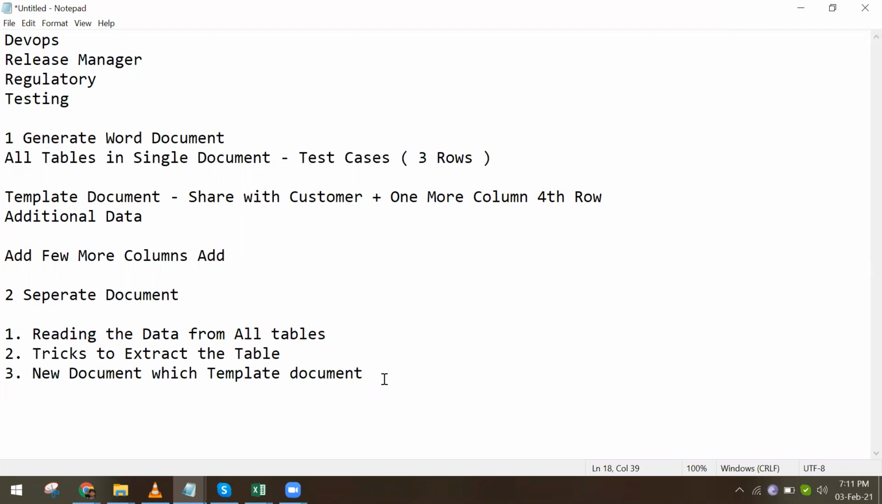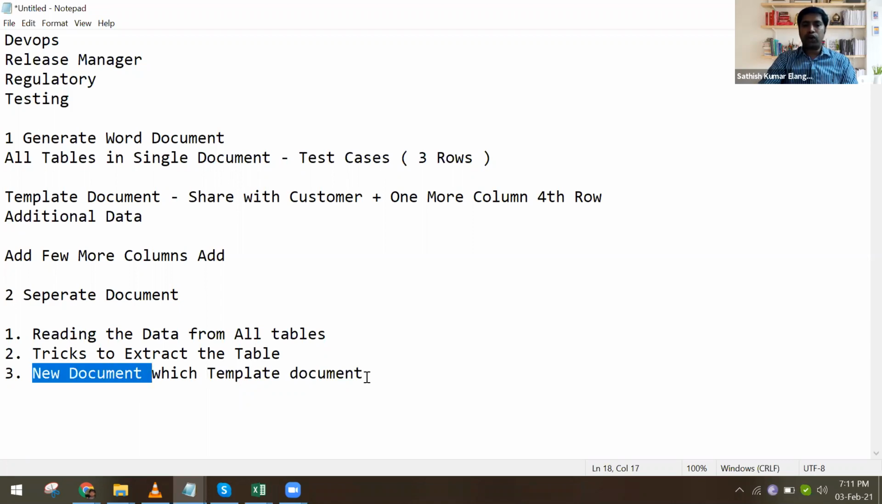Do not need to worry that I need to keep either two tables or one table. So I'm completely sure that I have to keep only one table in one document. That's it. So we take this data and then create a new document using